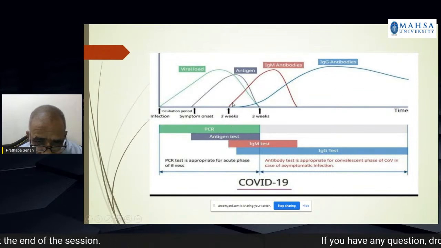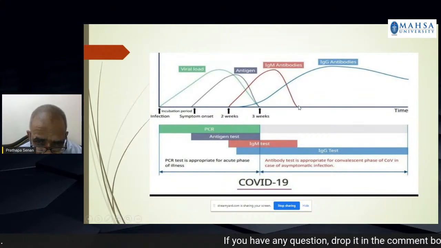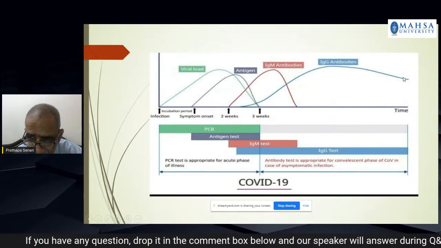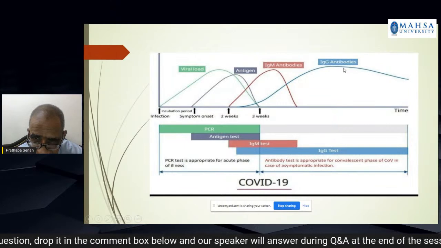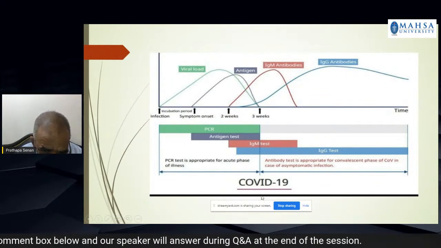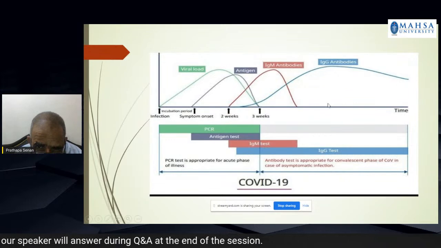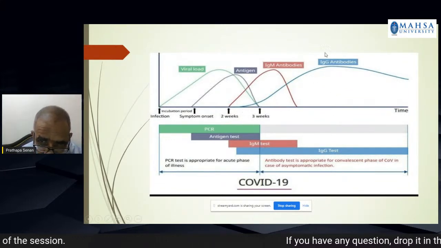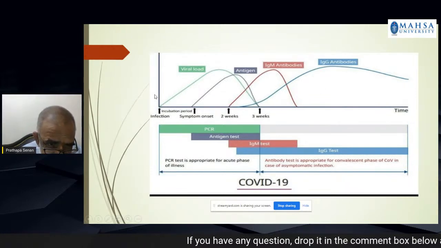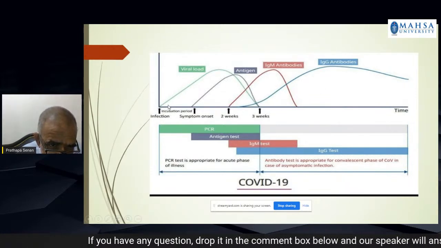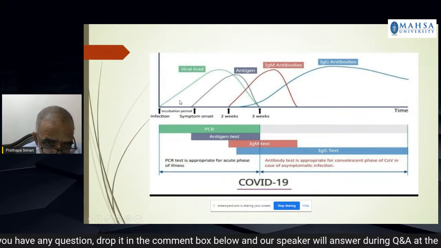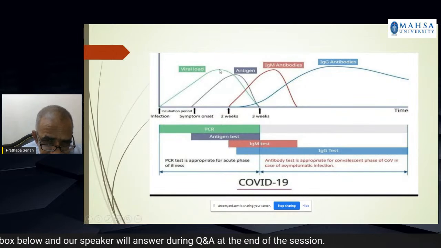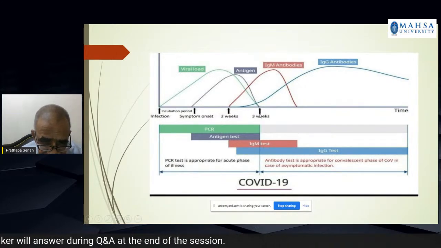And IgM lasts for about a month or 6 weeks and it goes down. And this is the antibody that has memory and stays in your body for a long time. When you get your next viral infection, you will get this IgG coming up immediately. That means as soon as you get the antigen, within a few days you have your antibody coming up,